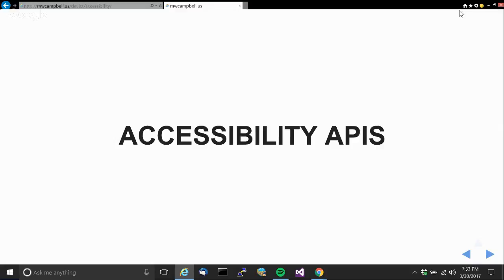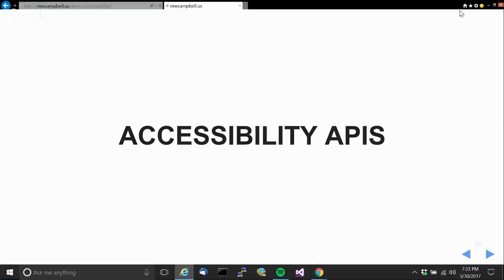On Mac and iPhone, we have an Apple accessibility API that's part of Cocoa or Cocoa Touch. On Android, there's a Java one. On Linux, there's ATK, I think, which is part of GNOME. And on the web, there is Accessible Rich Internet Applications, or ARIA, which I'll be talking more about later.